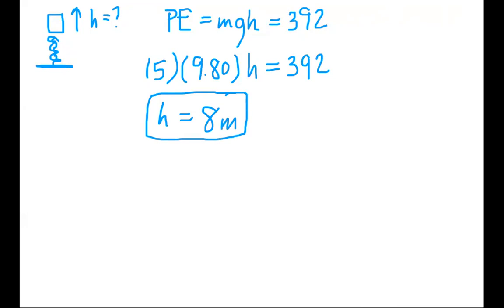I have a question. Why, in real life, is this not the way that it works? So in real life, it's not going to go to exactly the same height because it's losing energy due to other forces like air resistance and drag. In this case, we're looking at it in an idealistic situation where no outside forces are acting on it except for the spring itself and gravity. But in real life, there are other forces acting on it, but that's not something we're looking at right now